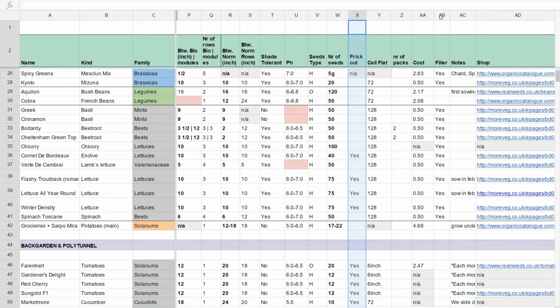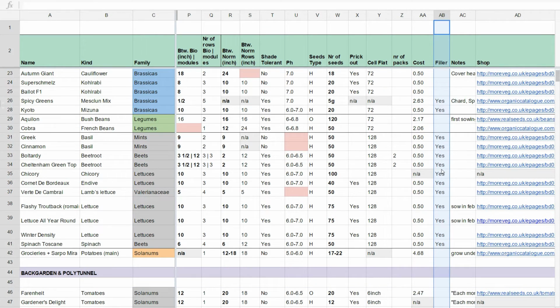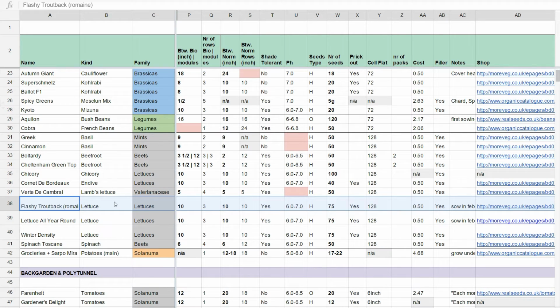Also, another column which might not be obvious is filler. So I try to basically find the plants which can be used to avoid bare patches of soil, and also plants which will not mess up the crop rotation. That's why you can see most of the miscellaneous plants are fillers, because for example I can squeeze lettuce